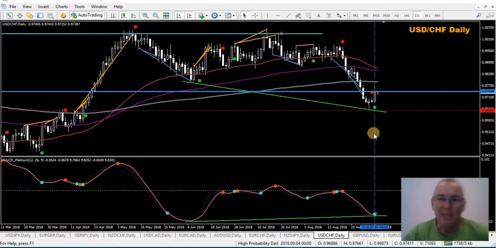USD Swiss franc, I took a new buy trade here this morning. Look, I would probably consider this a bit of a high risk trade. Even though the MAs are technically up, they are definitely flattening out, and possibly the market's turning over. There is some bullish divergence there, regular bullish divergence. It's not a great looking divergence, but it is there. There's a stop in place. It looks like it's had a fair move down, fairly extended, overextended possibly. So looking to go to the upside here. So it's a USD Swiss franc new buy trade,